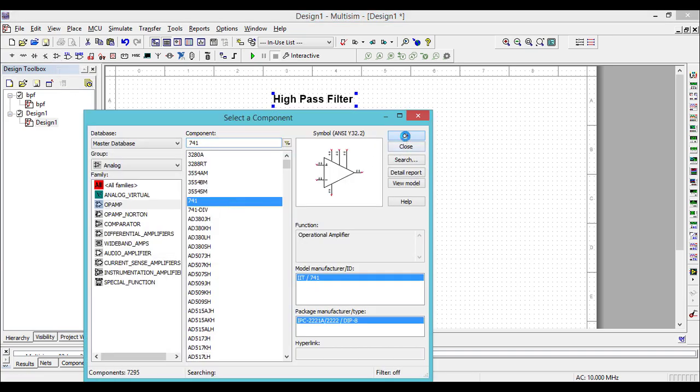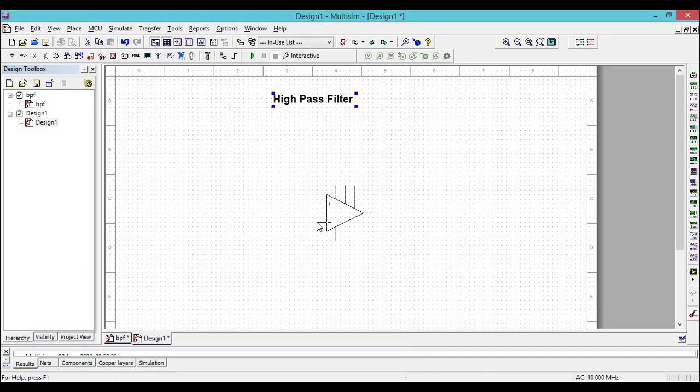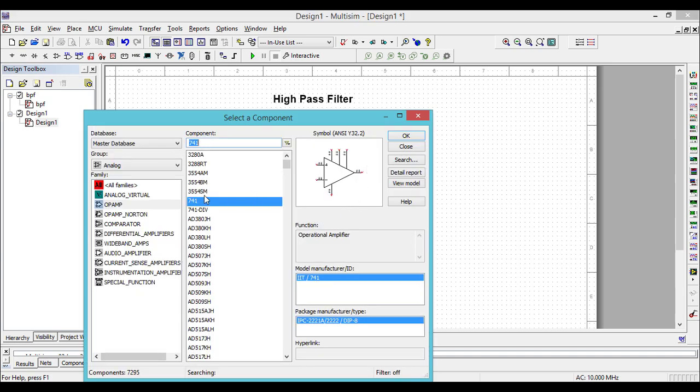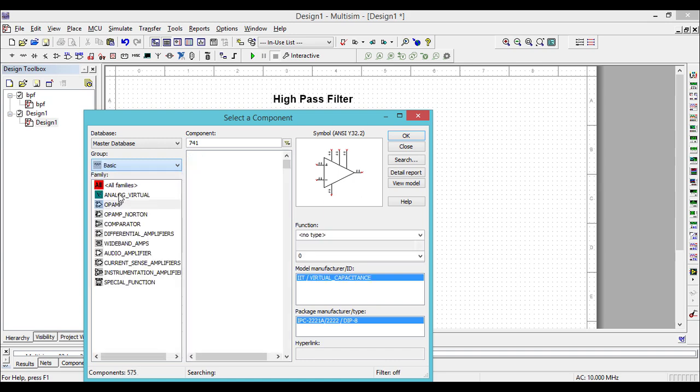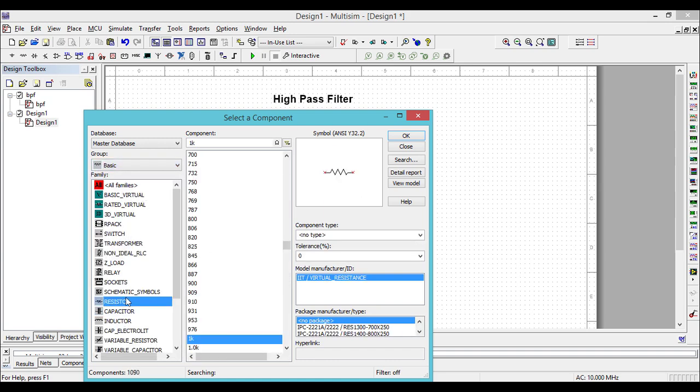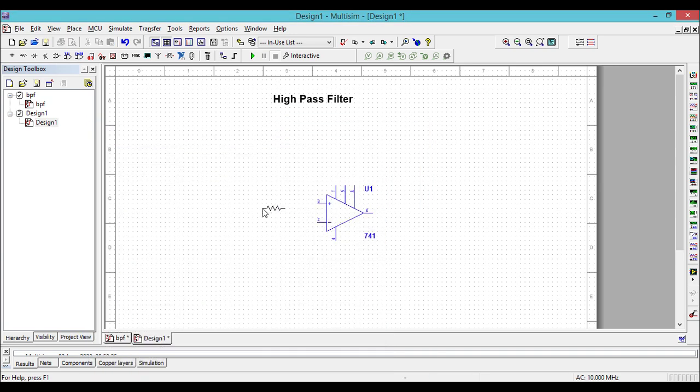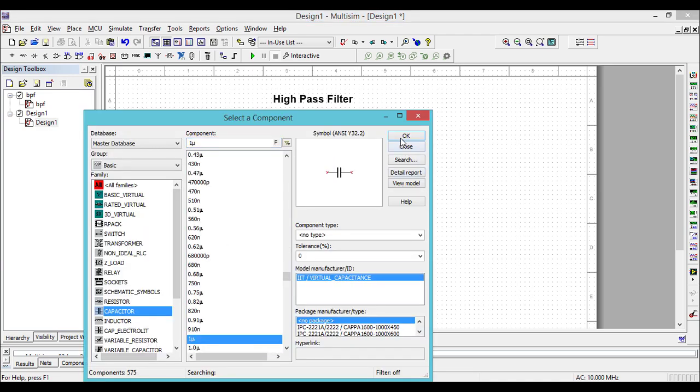Choose 741 op amp. Go to basic, choose a resistor, and capacitor.